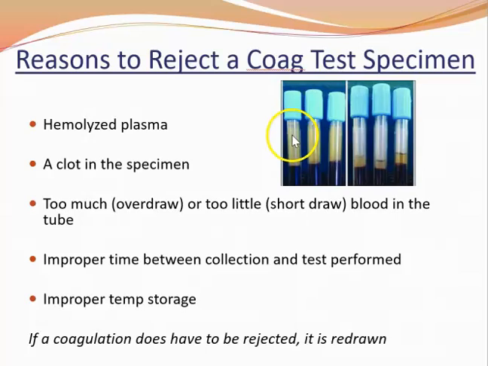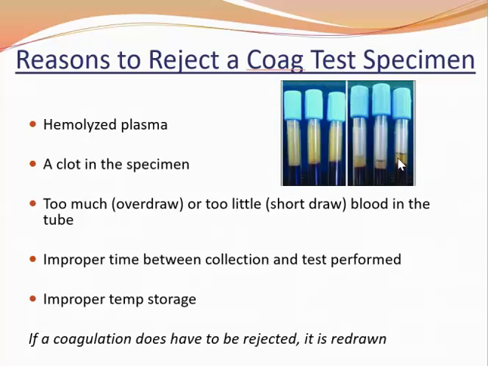Here is the line. Here's the collection line to get your 1:9 ratio. Here's the line over here. The ones on the left hand side, the plasma is going all the way up here. So these are all overdrawn, so they would have to be recollected because they're too full. The ratio would not be correct. The plasma's way down here. These are obviously too short. Again, the ratio would not be correct for